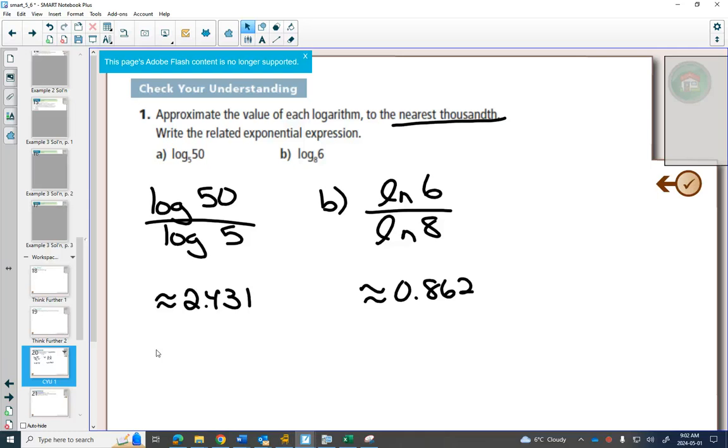Okay, questions you can circle for this one are 3, 4,